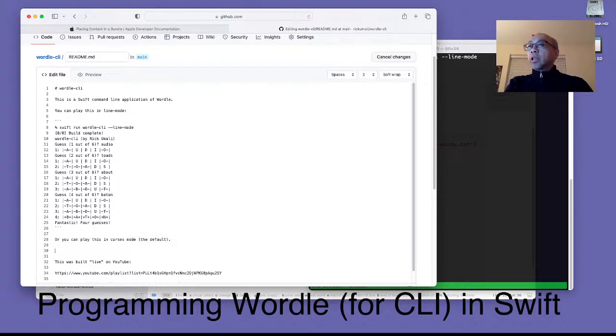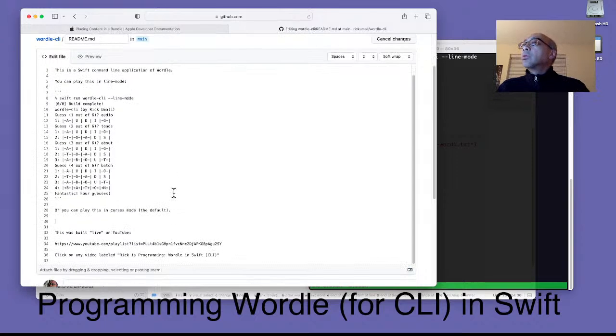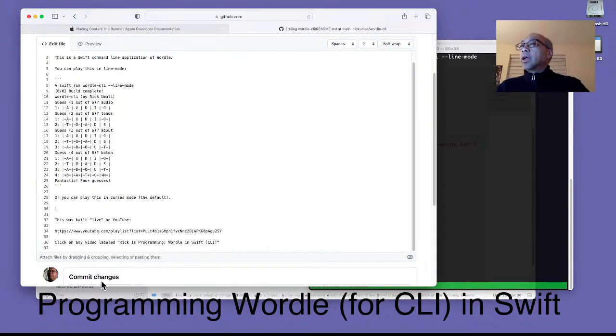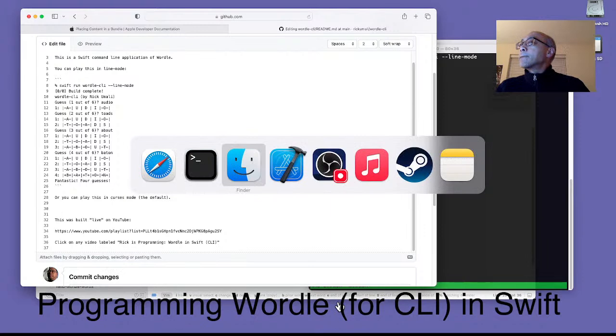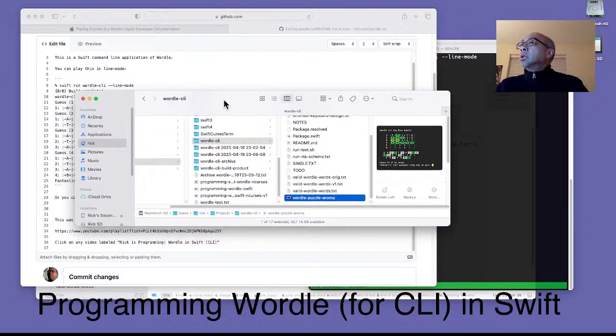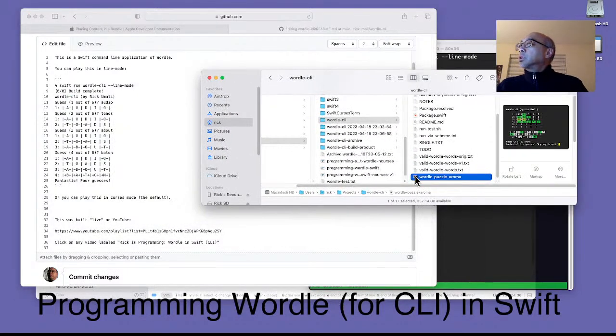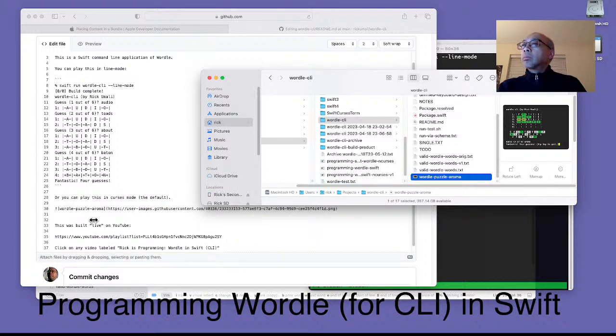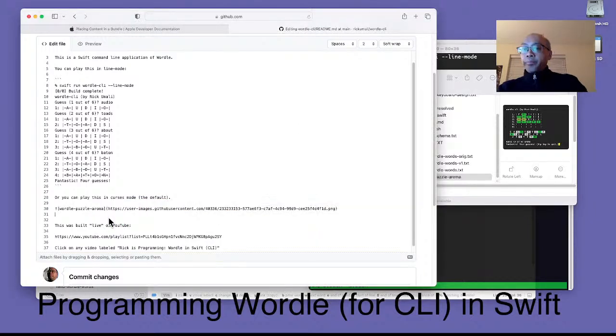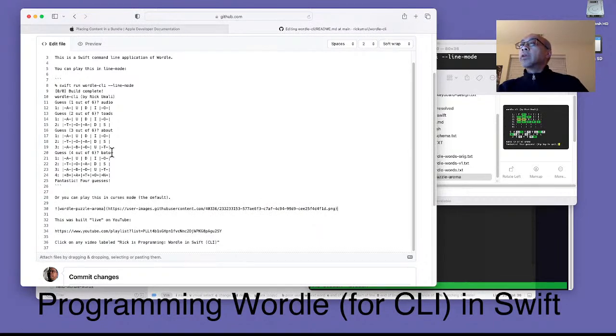and that looks like that we're going to put the image. So here I can attach files by dragging or dropping, selecting or pasting them. So I'm going to try that. Just drag this across. And if I do the preview,